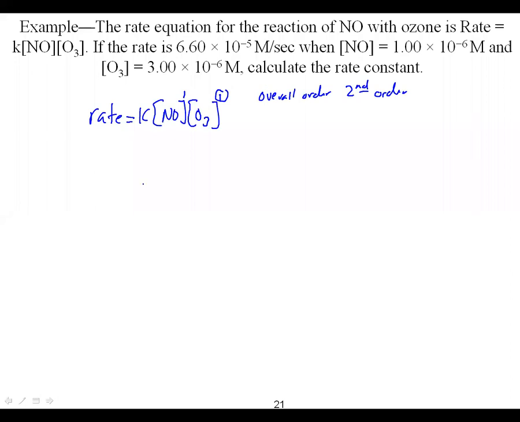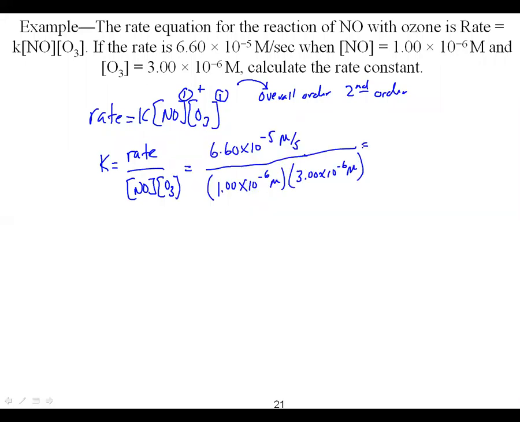k in this case would be the rate divided by [NO] times [O3]. And since they gave us those values, we would put it in. So we have 6.60 times 10 to the minus 5 molar per second, divided by our NO, which is 1 times 10 to the minus 6 molar, and our O3, which is 3 times 10 to the minus 6 molar. And if we put all that into our calculator here, hopefully correctly,